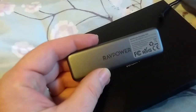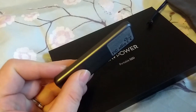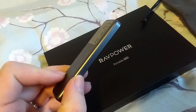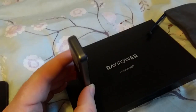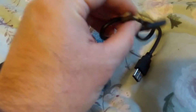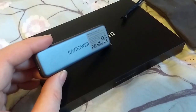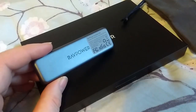So this little baby was sent to me by Ravpower, so thank you very, very much for that, to kind of test out. And it's a high performance USB storage device, obviously, SSD. Comes with your normal, I guess, USB 3 to USB-A lead, so in other words, you can plug it into your computer easy enough, and it also comes with a USB 3 to USB-C lead as well, and a rather natty little case. As I say, they do a 512 gigabyte version and a 1 terabyte version,